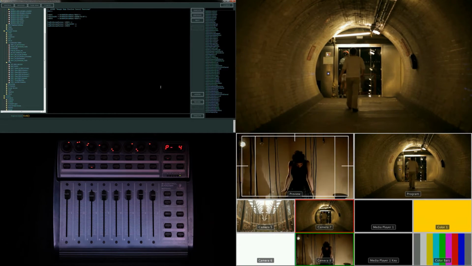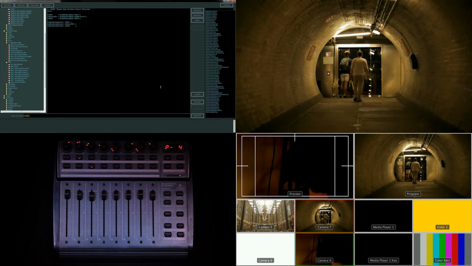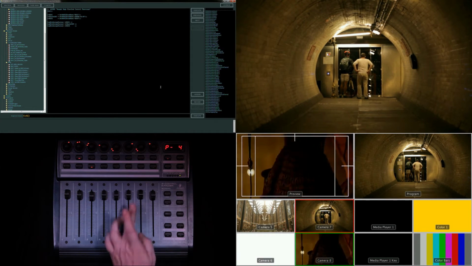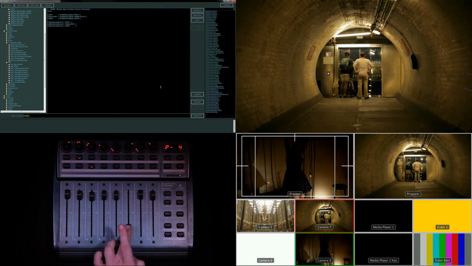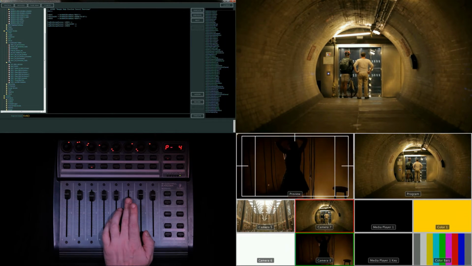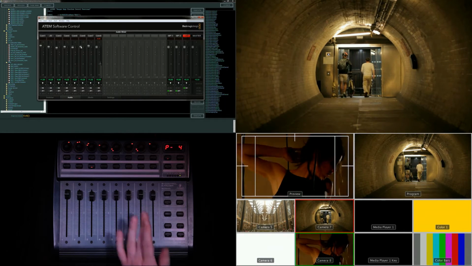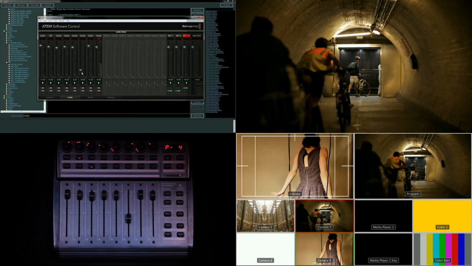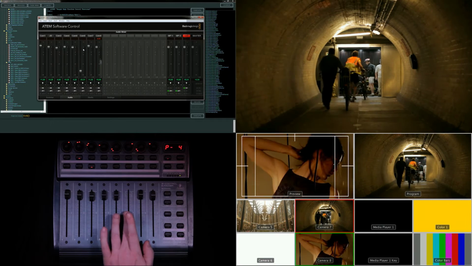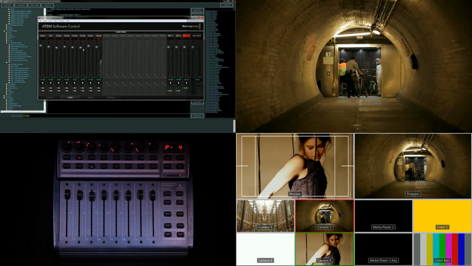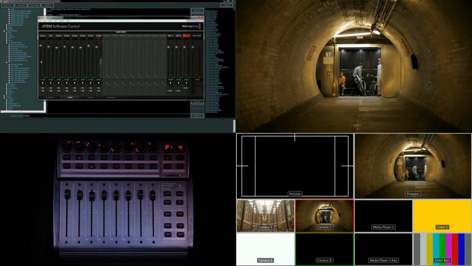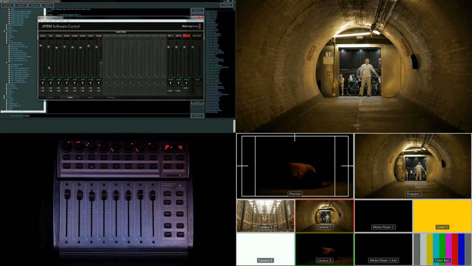So I just want to spend a little bit of time running through the scripts that are involved in just mapping a MIDI fader to an ATEM audio panel in both directions, because we're using both MIDI in and MIDI out to do this. So if we start at the beginning and have a look at the generic MIDI samples, you'll see I've written